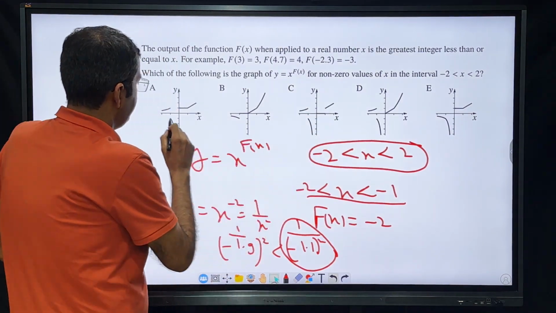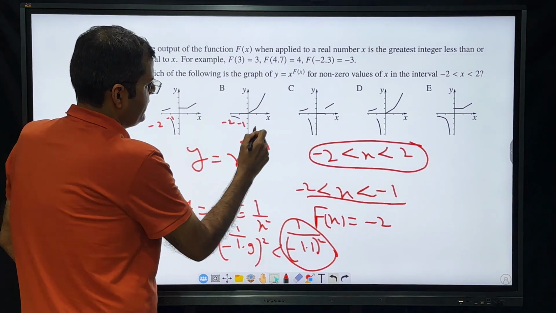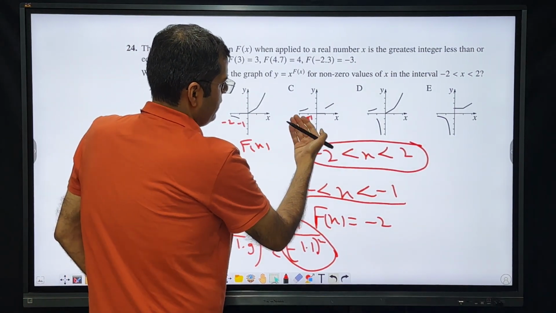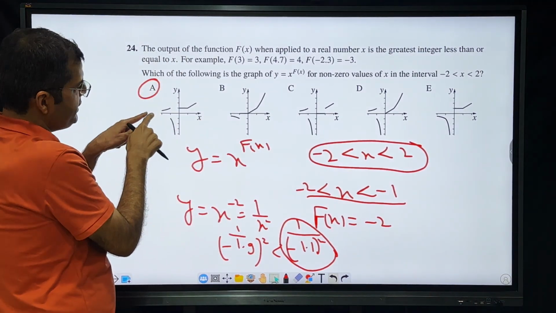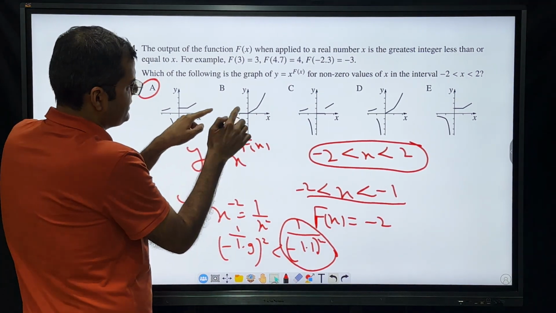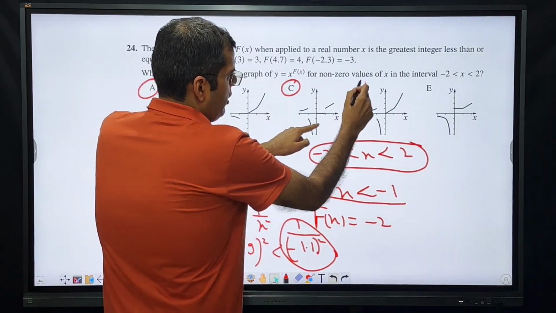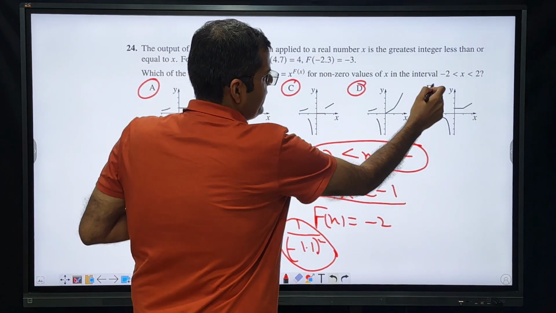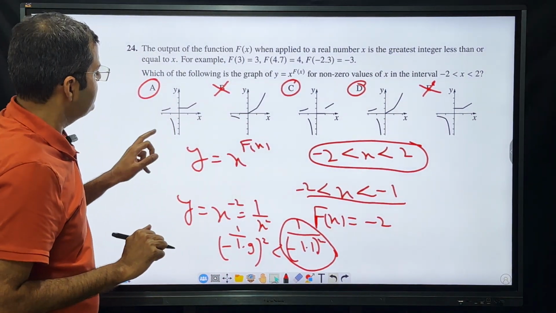So here this is minus 2 and this is minus 1. If you look at it from the options, in option A, the function increases in the minus 2 to minus 1 range. In option B, it decreases, so this is ruled out. Option C increases, so I'll keep it as an option here. Option D increases. Option E decreases, so it is ruled out. Now, what happens between